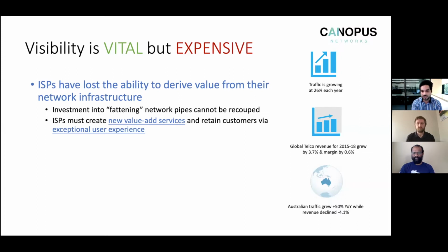What is the user experience associated with different applications? And the only blunt instrument available to them is fattening the network pipes, adding more and more bandwidth. But that doesn't seem to benefit the critical applications, such as gaming. And the traffic is growing 26% each year. If you keep adding more and more bandwidth, high resolution videos will go from 720p to 4K, consume all the bandwidth,